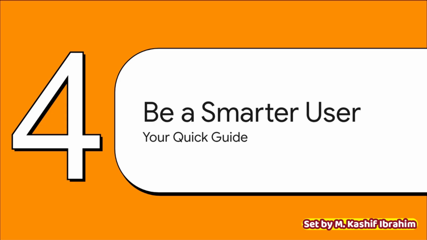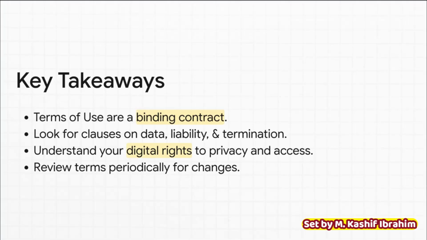So, after all of that, what's the big takeaway? How can you actually use this information to protect yourself and just be a more conscious person online? Let's do a quick recap. Okay, here's your new game plan. First, always remember, you are signing a contract. Second, if you're only going to skim, use Control F on your keyboard to search for those keywords: privacy, liability, termination. It's a super fast way to find the most critical parts. Third, know your rights. You have power here. Don't forget that you can request, correct, and delete your data.